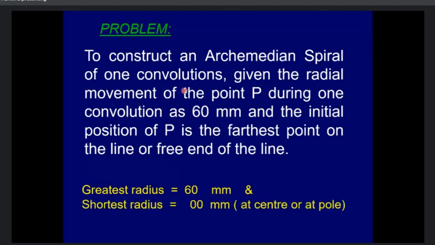So, to construct an Archimedean spiral of one convolution, this is a basic problem. Okay, we are going to construct an Archimedean spiral for one convolution, given that the radial movement of the point P during one convolution is 60 mm. The radial movement of the point P during the one convolution is 60 mm, and the initial position of the